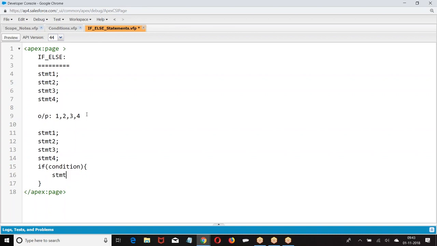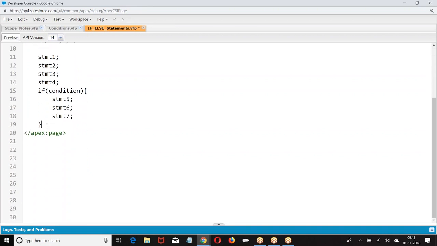Now, if I write within a flower bracket, what does it mean? It is the scope of if. If yes, what is it? Scope of yes. First I am covering if-else to get the concept easy.